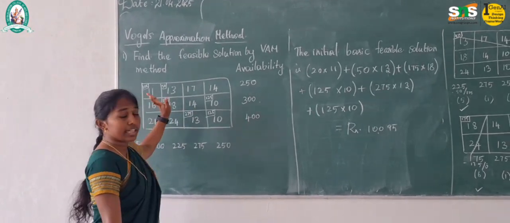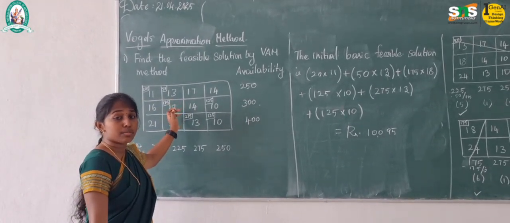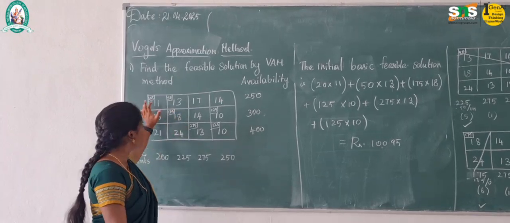So by calculating the initial basic feasible solution, we are going to multiply the allocated cell